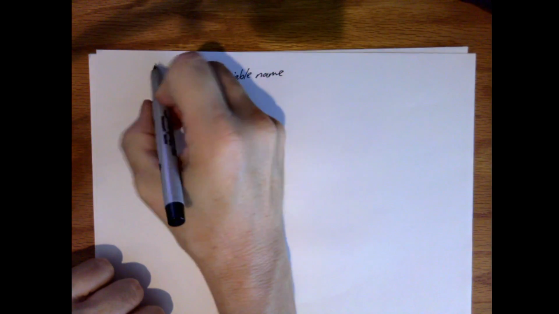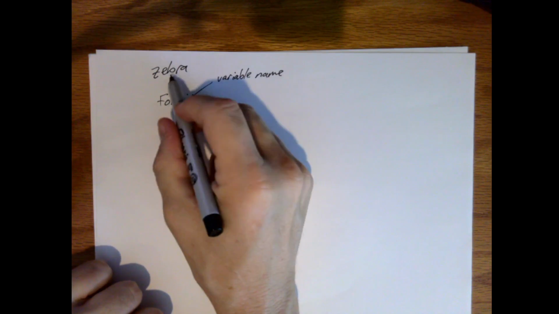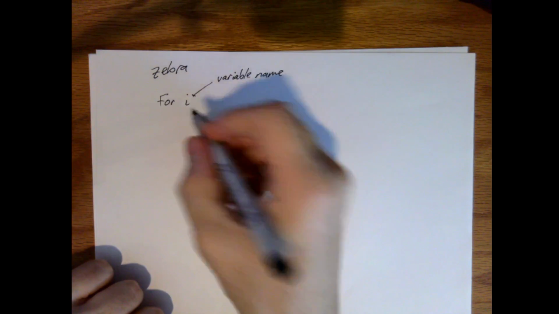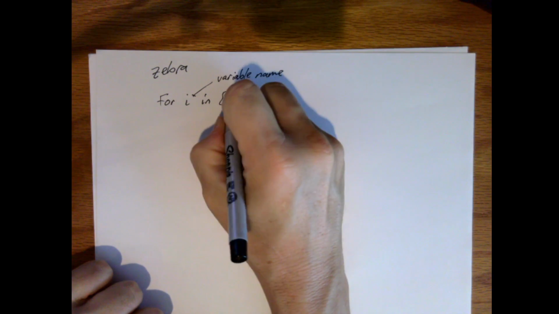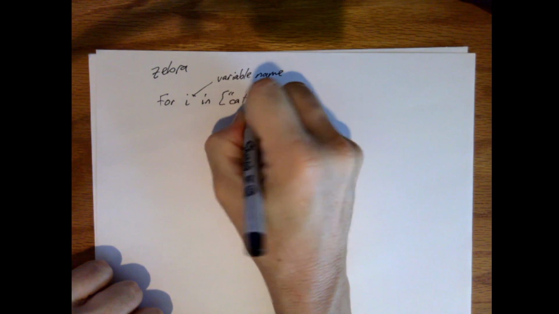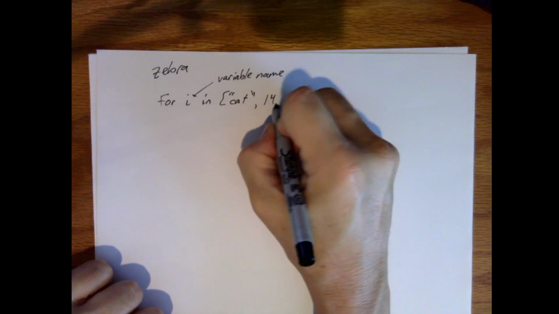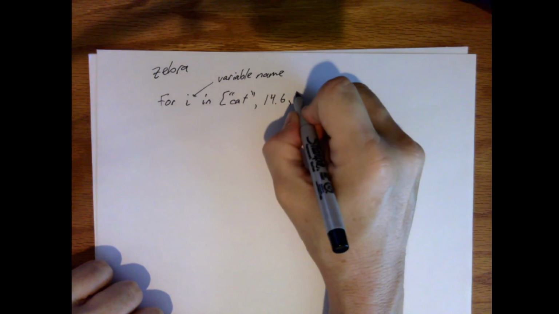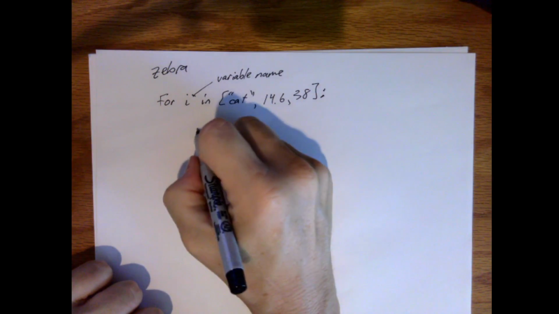So if I wanted, I could use zebra, although it would be kind of weird. But I could have used that here. It doesn't really matter. For I in, and let's give it something like this: cat, 14.6, 38 colon, and then if I say print I,